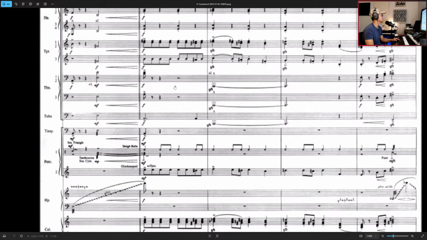Maybe the Celeste is... No, that's right. Maybe what I need to look at is trumpet 3. So trumpet 3 would be playing the bottom voice. It would be the top voice, wouldn't it? Transposing is not my forte, but yeah, so